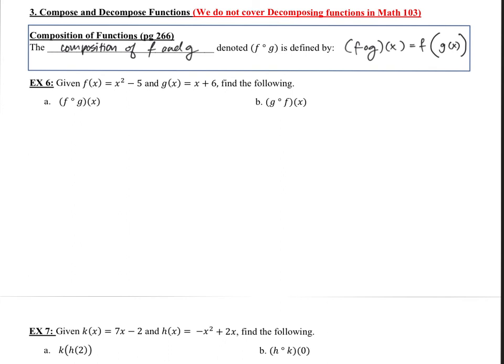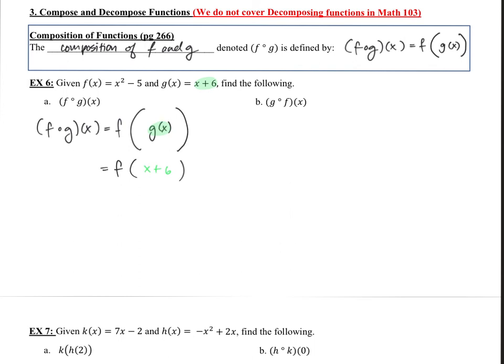So for A, we have f of g of x. And what we want to do is take f, and we're going to input into it g of x. And notice I make the parentheses really noticeable and big because I find it makes it a little easier to look at. So we're going to go ahead and put g of x in, which is x plus 6. So this is going to be f of x plus 6,